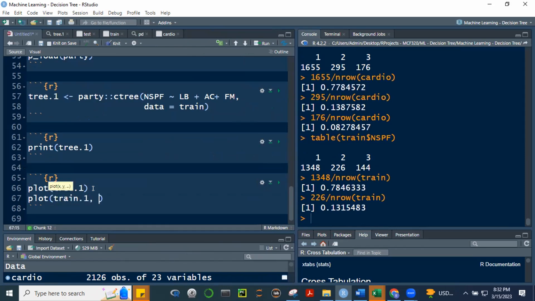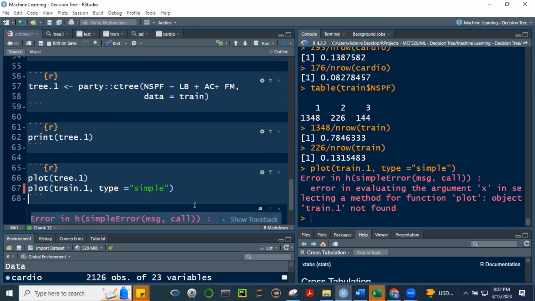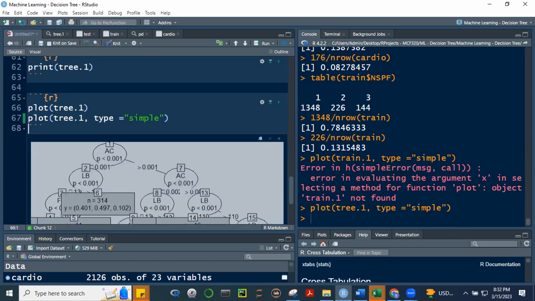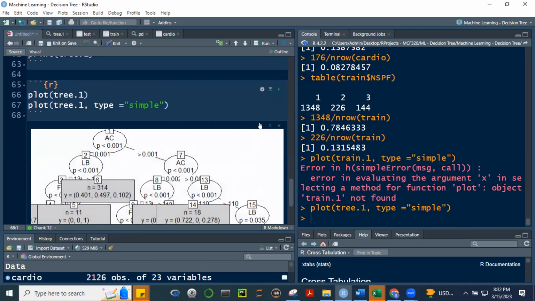Okay, and then pwede nating kasi may types to, no? Okay, we can use a type is equal to simple. Okay, let's see this. Plot ng train that one, and then simple lang. Okay, may error ako. Tama ba? Ay, hindi train that one. Sorry, 3.1. So 3.1, control enter there. Okay.